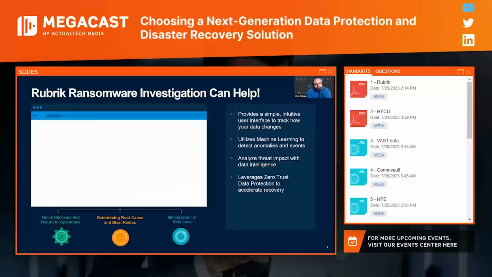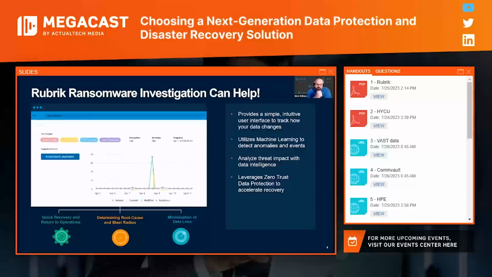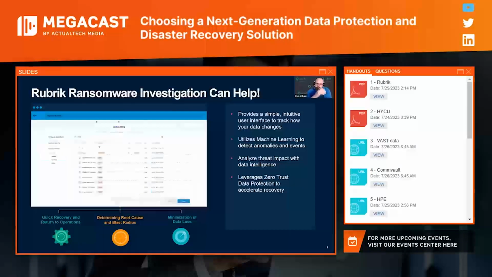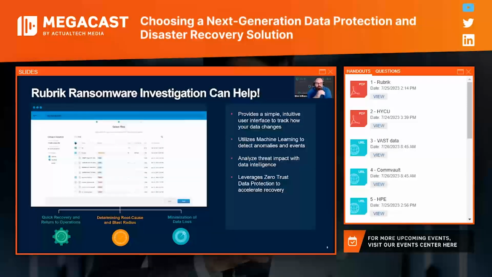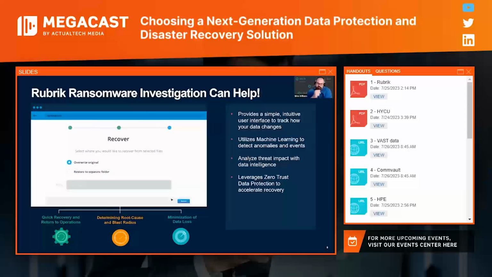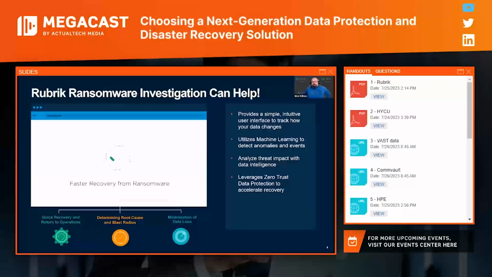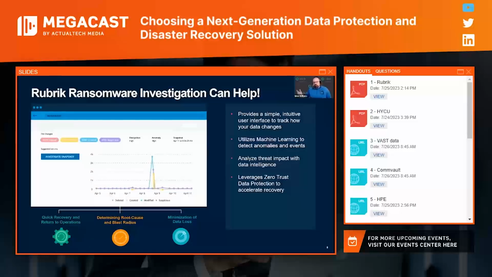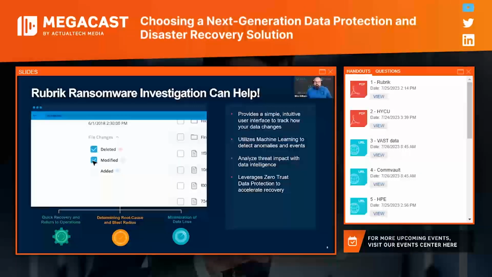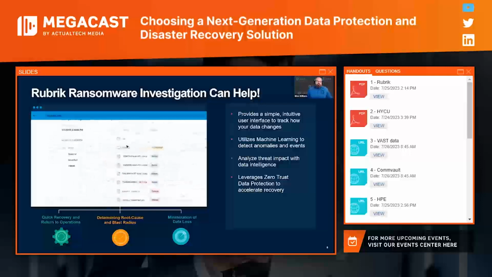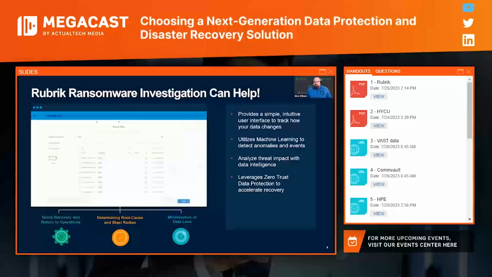Finally, the ransomware investigation is really tightly integrated with the zero trust data protection methodology that we use to allow you to leverage all the familiar and efficient Rubrik recovery methods directly within the ransomware investigation interface, which I'm going to get to in the demo a little bit later. So once that analysis is complete, we just have to select all the impacted applications or maybe impacted files or VMs, and then recover the most recent clean copy with just a few clicks, right?